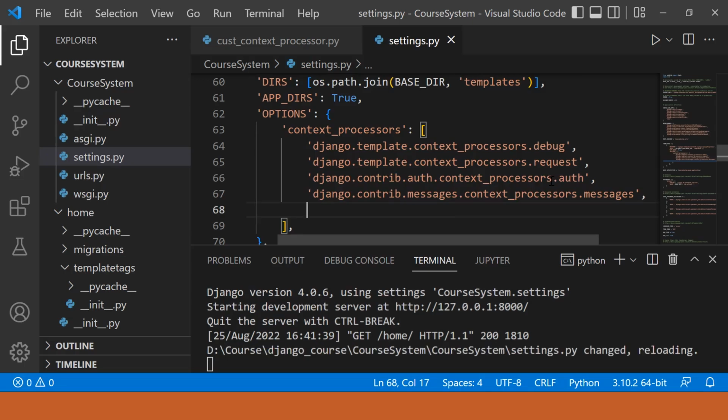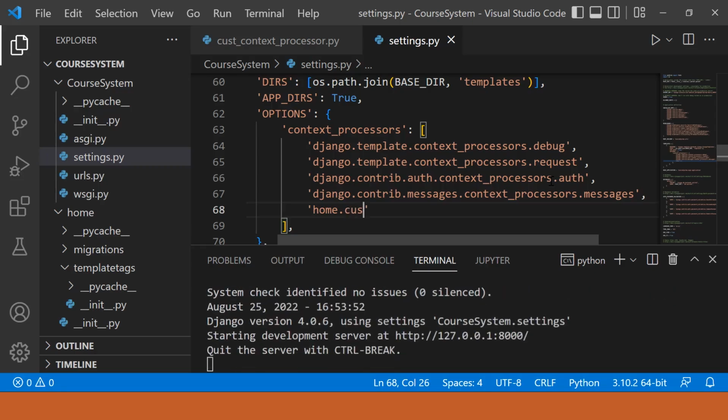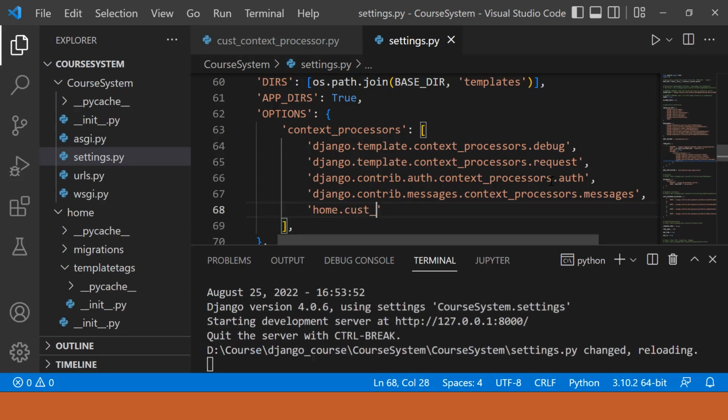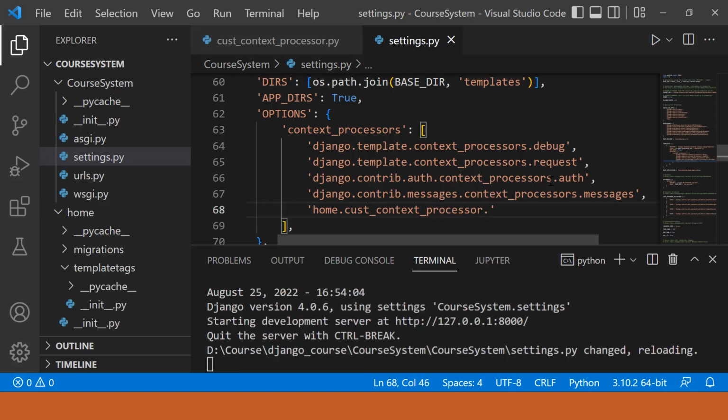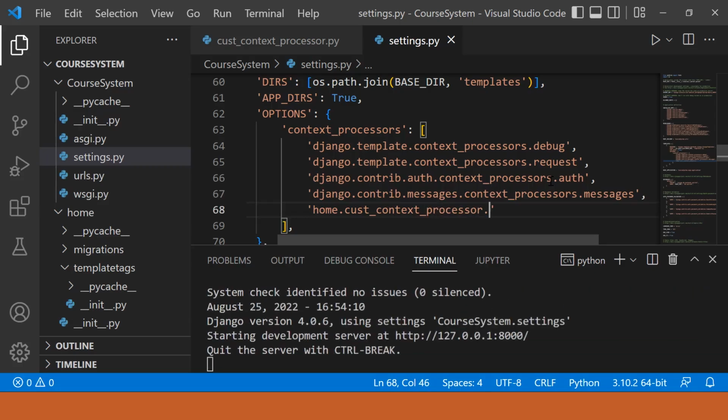So in the last, put a comma and hit enter, and here I have to specify the name. So I will name it as home because my application name is home. So I put home dot, then the name of the file, which is cust_context_processor, again dot, and in the end I have to specify the name as well. So the name of that is get_courses. Now with this I have defined my custom context processor, and I have made that custom context processor available for